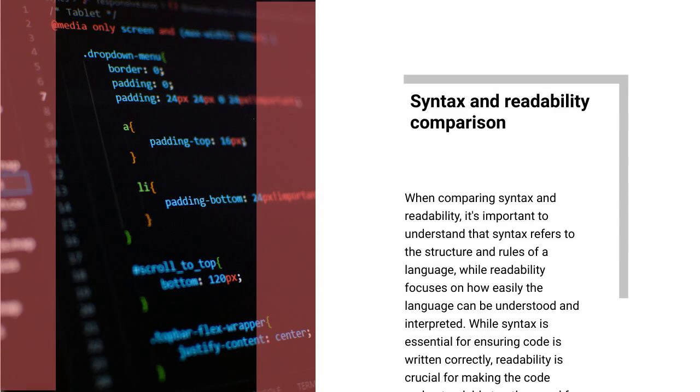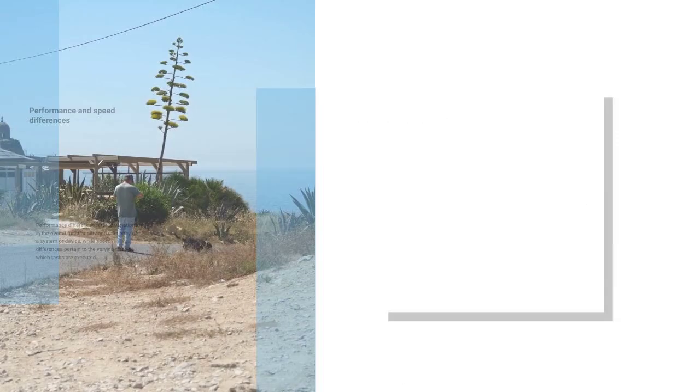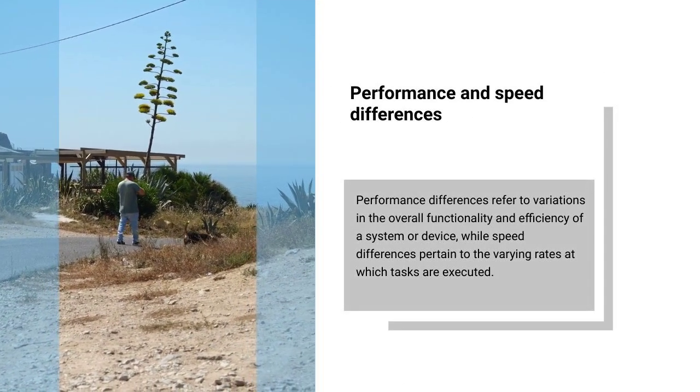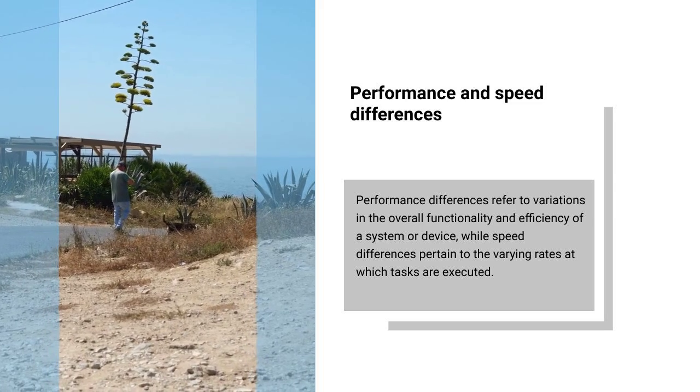When comparing syntax and readability, it's important to understand that syntax refers to the structure and rules of a language, while readability focuses on how easily the language can be understood and interpreted. While syntax is essential for ensuring code is written correctly, readability is crucial for making the code understandable to others and for future maintenance. Performance differences refer to variations in the overall functionality and efficiency of a system or device,